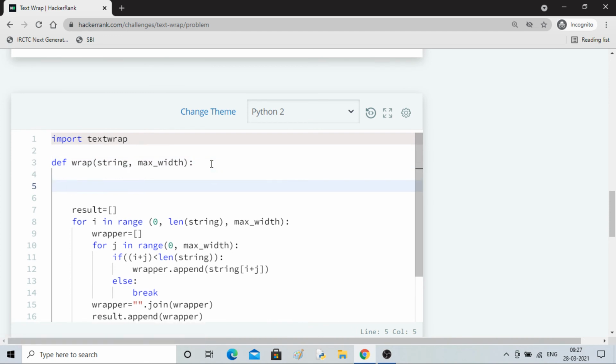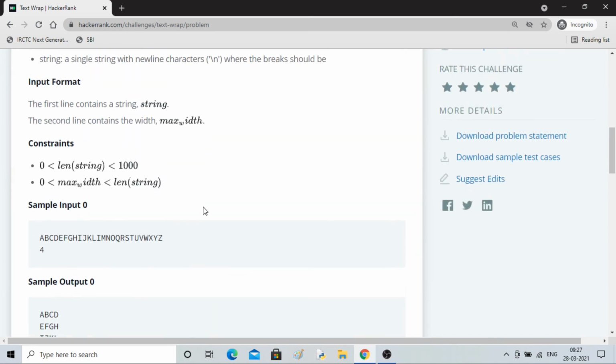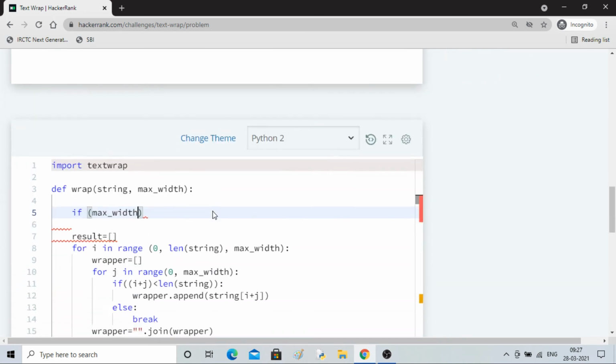Let me write the constraints as well. If max width is, okay, 0 to length of string.